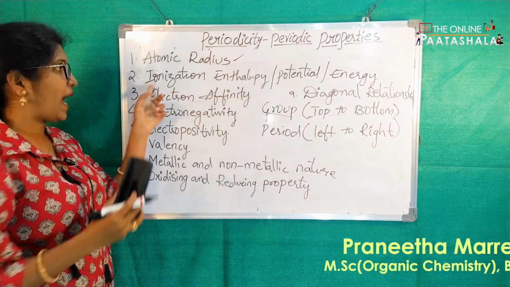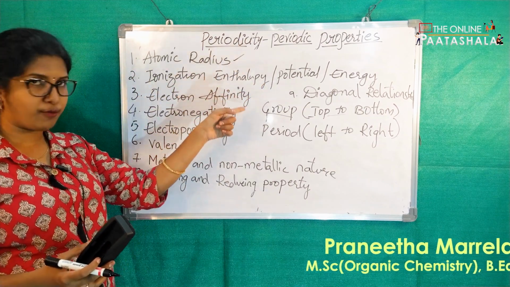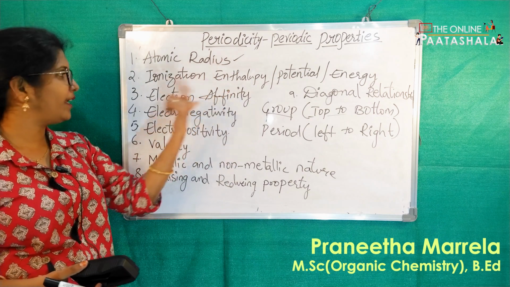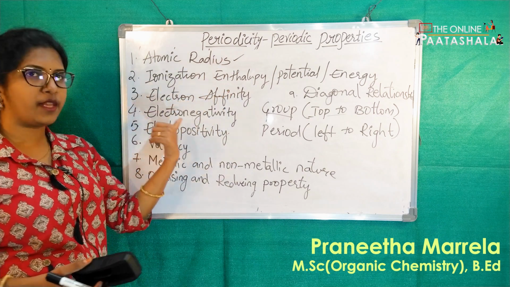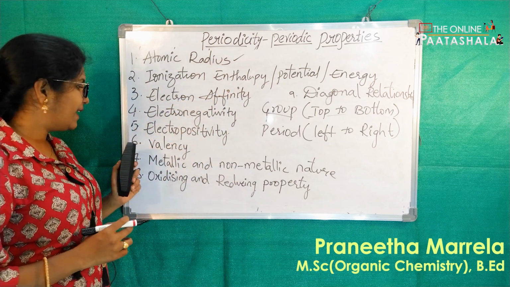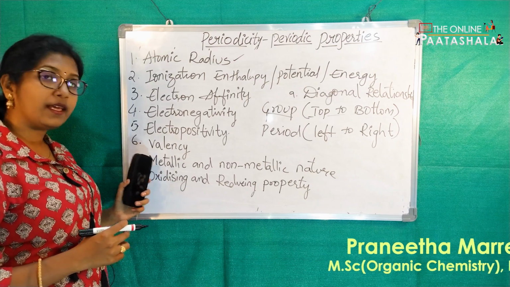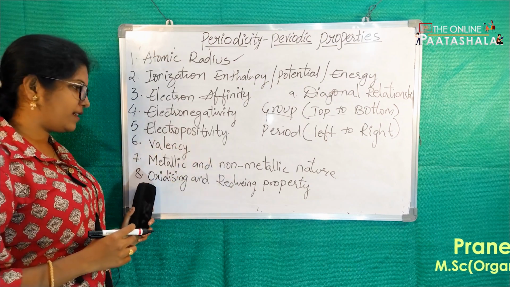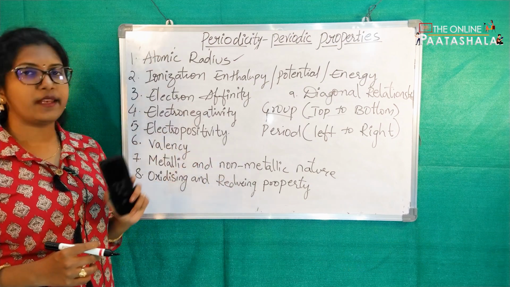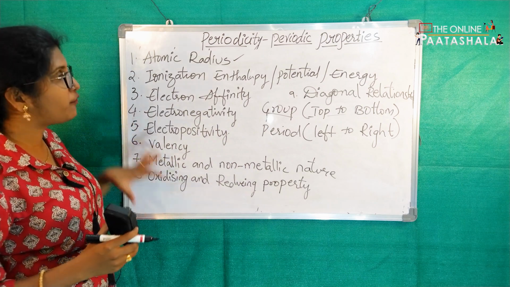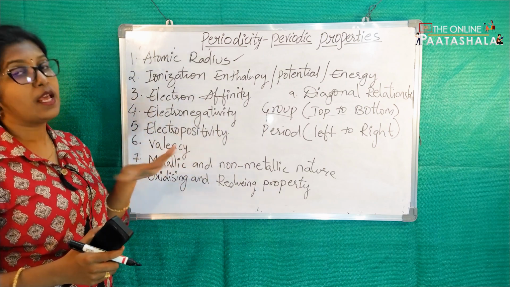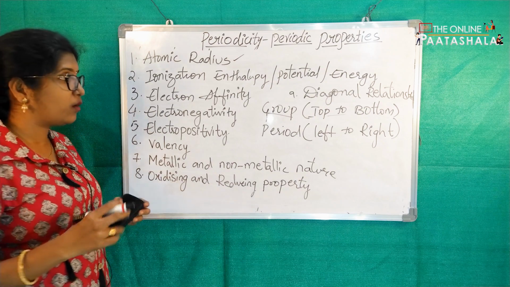Atomic radii, ionization energy or ionization potential or ionization enthalpy, electron affinity, electronegativity, electropositivity, valency, what is metallic and non-metallic character, oxidizing and reducing property, and diagonal relationships. And if you are done with all these properties, one more thing: you may get a doubt that there